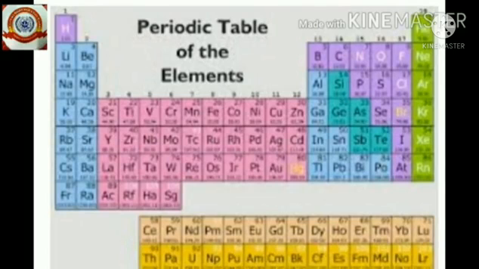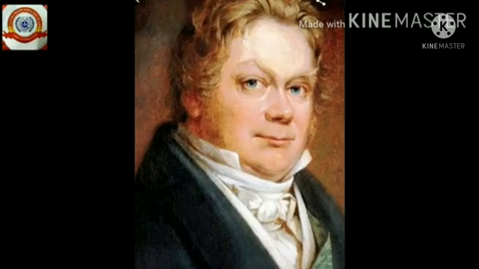Do you know what this picture is? Yes, this is the picture of the periodic table. The periodic table is a table of arrangement of elements from left to right and top to bottom in order of increasing atomic number. You will study more about this in your higher classes. Here you can see only letters, isn't it? Do you know what these letters indicate? So let's study about this.